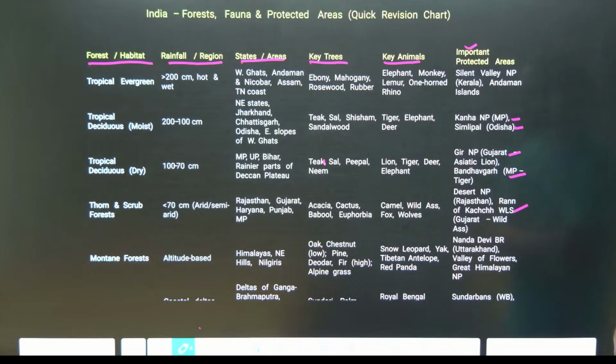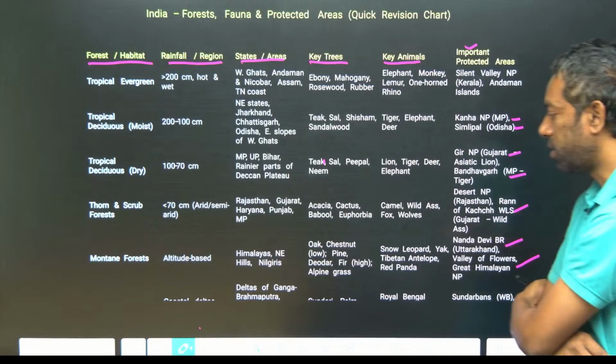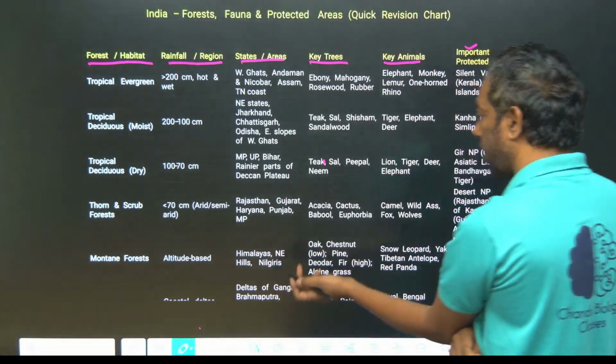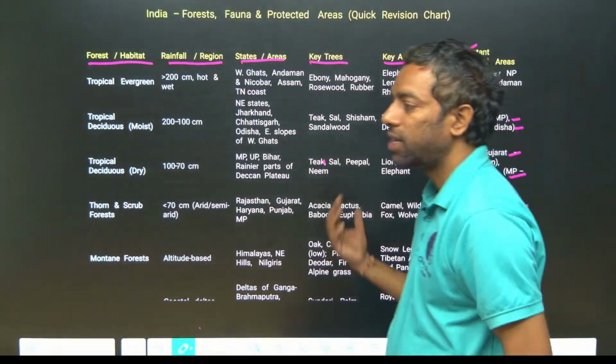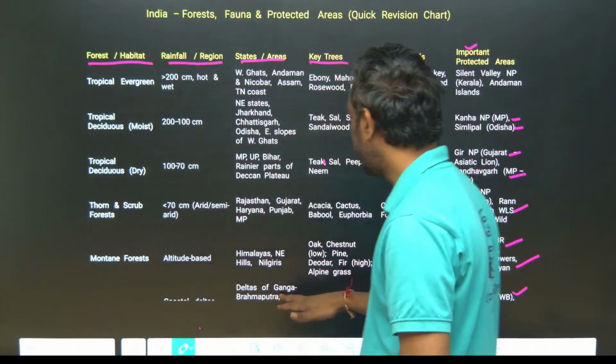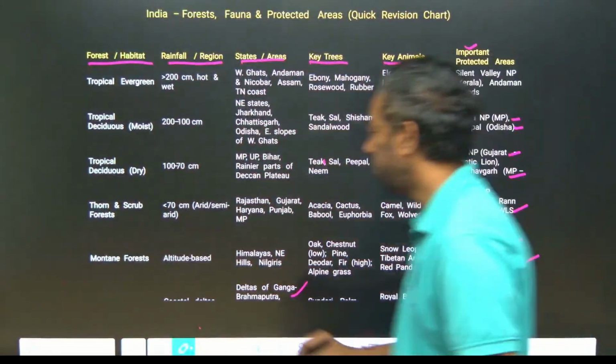Mountain forest: Nanda Devi, Uttarakhand, Valley of Flowers, Great Himalayan National Park. West Bengal, Sundarbans. Guys, these are the most important. This is the mangrove forest, the Ganga delta, Royal Bengal tiger, West Bengal mangrove.